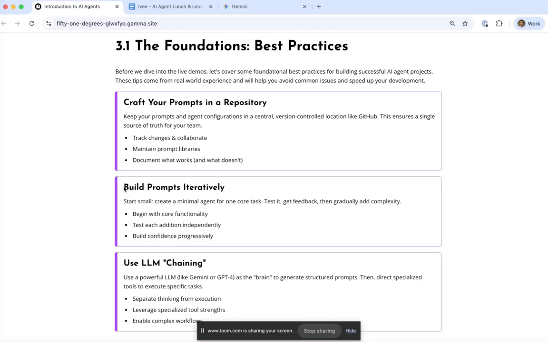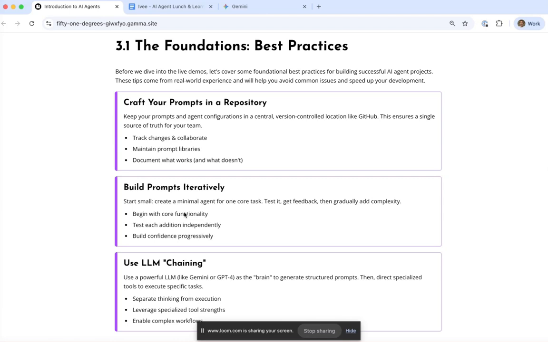The next is build your prompts iteratively. So start small, with the core functionality for what you're doing, deliver against that core functionality, and then test and learn, test and then test and learn, until you evolve from it. So one of the AI agents that I'm going to go through in a second, ultimately I started with a process that was going to take about 3 steps, and it ended up being a 6-step process because I realized as I kept on iterating that I could make it better by adding new steps or new parts of the process. But do that iteratively. Don't try and boil the ocean in one go. Try and break down tasks into a smaller iteration and do it that way.